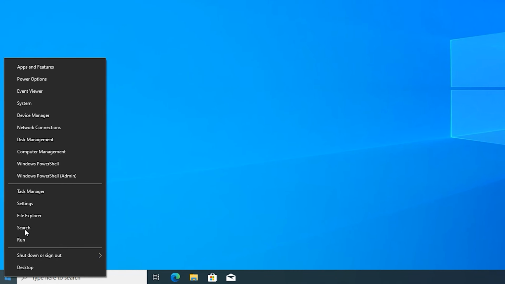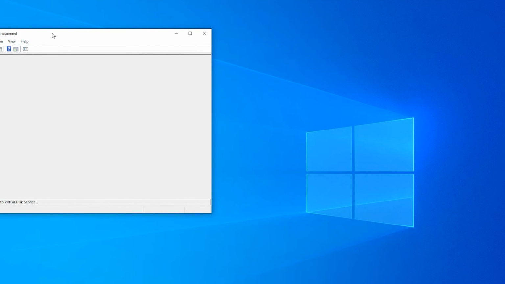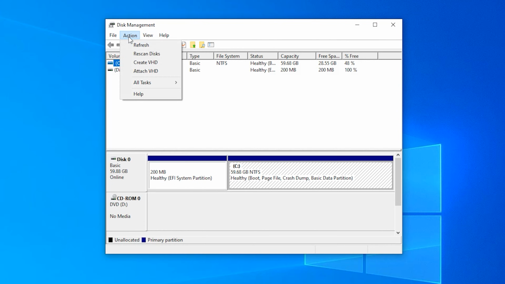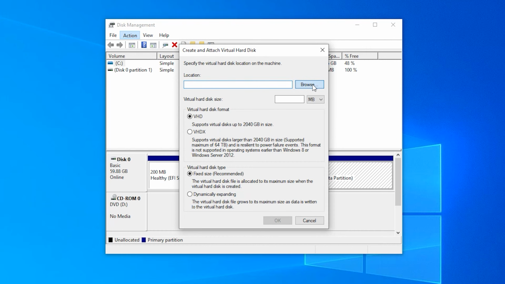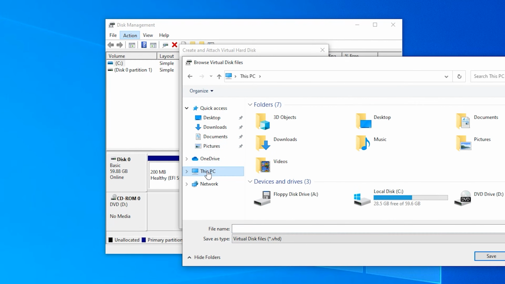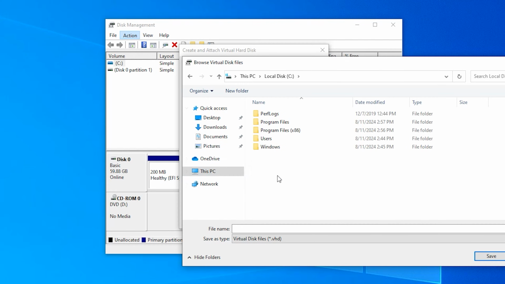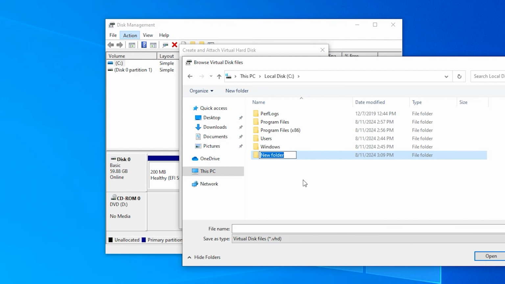Right click on Start, Disk Management, Action, Create VHD, Browse, find C drive, this PC, C drive. Right click here, create a new folder. Right here